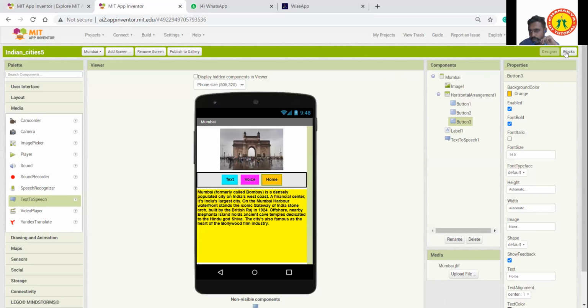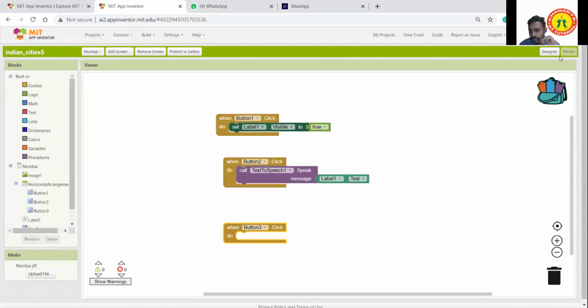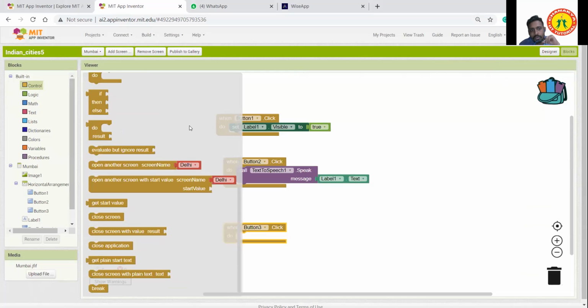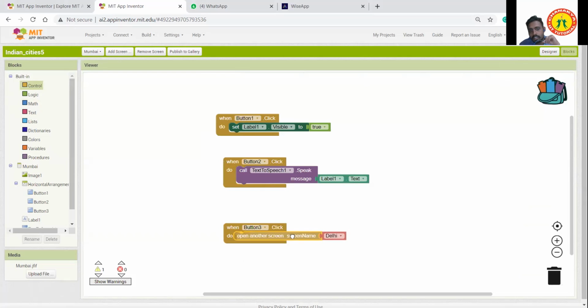To switch screens, guys listen, click control, scroll down, take open another screen, place it here, change here screen name to screen 1. Simple, done.